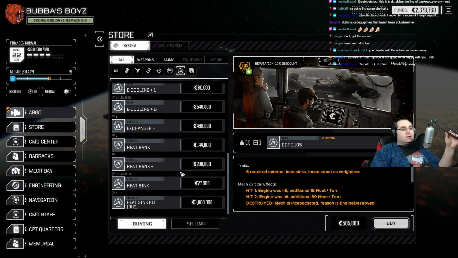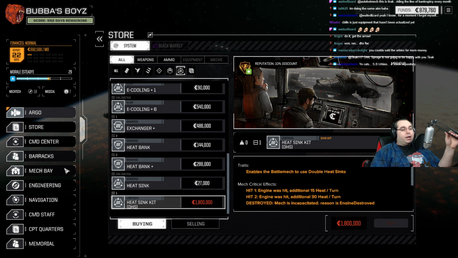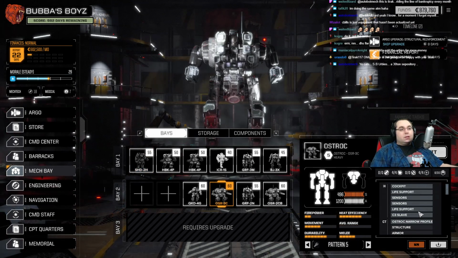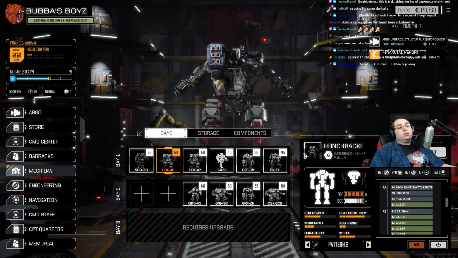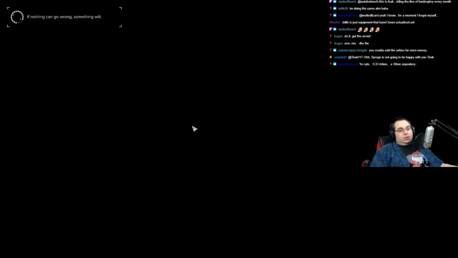So, where is it? That's one. We're going to have to get the other one before we leave here, because that is just a huge pickup in capability. Let's see. Do you have a double heatsink kit? You don't, because you don't need one. You could use one, really could. Although, one of the Hunchbacks could definitely use them. The amount of tonnage that we would save by doing that would be gigantic. But if we refitted the Moonshine with it...